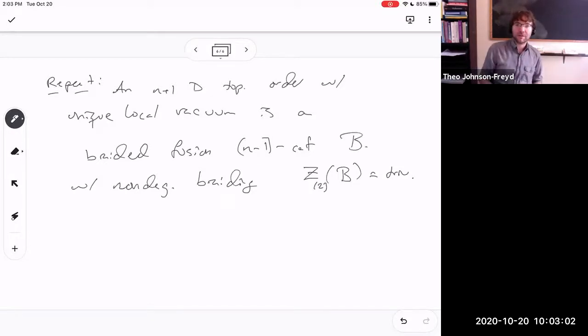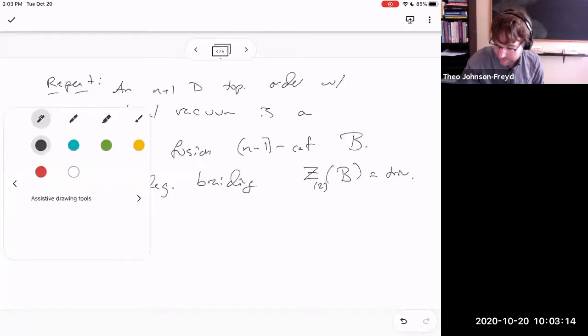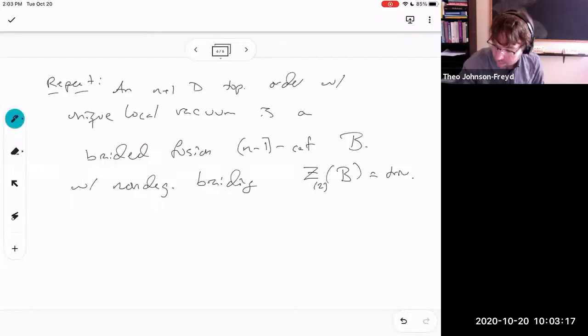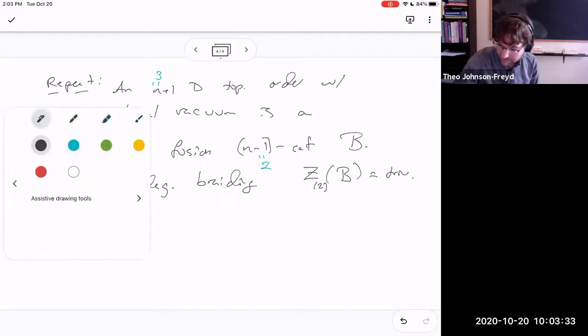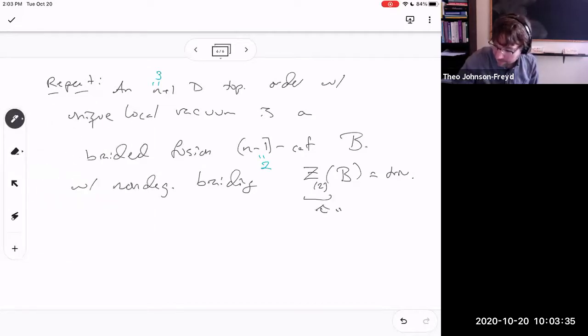Okay. So I've used about half my time giving just the first definition, and I didn't get to say the next thing. So what am I trying to do? In the very beginning of the talk, I said I was interested in the case where n was 3. So then n-1 is 2. So I'm interested in braided fusion 2 categories with trivial braided center. So this means basically the Müger center.